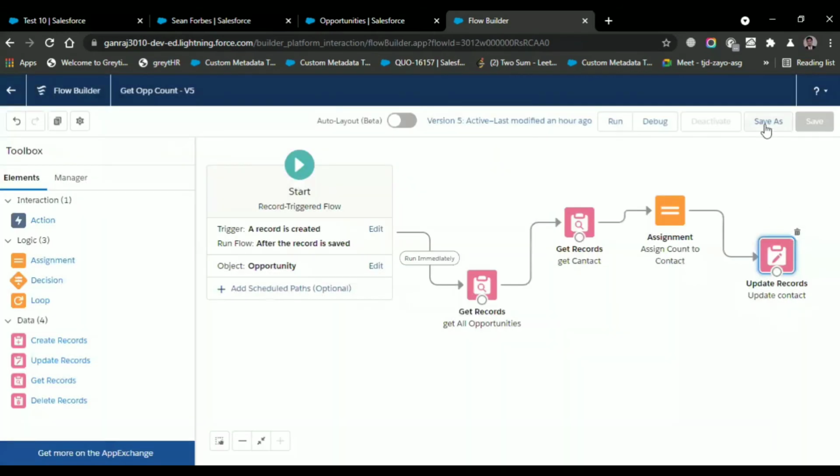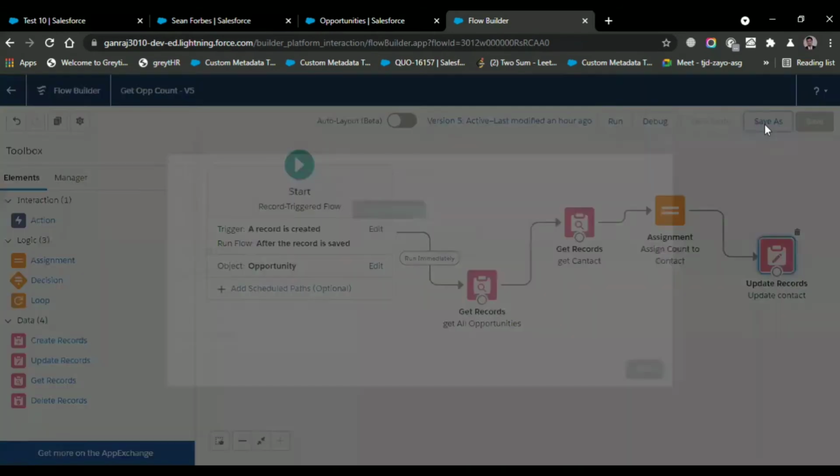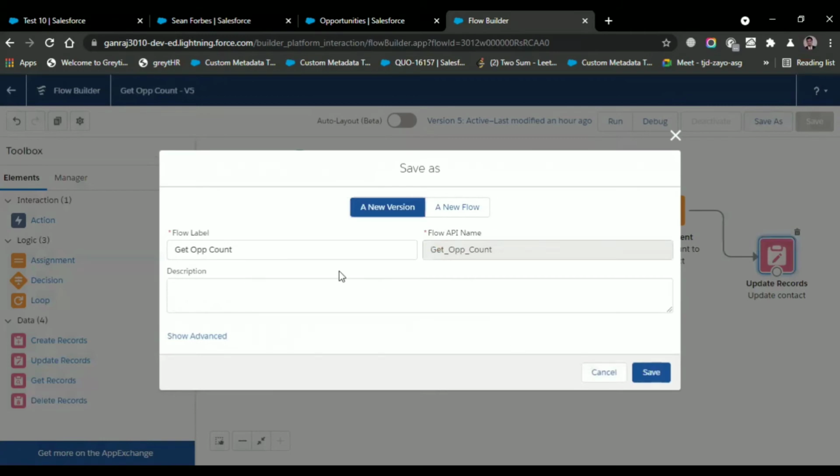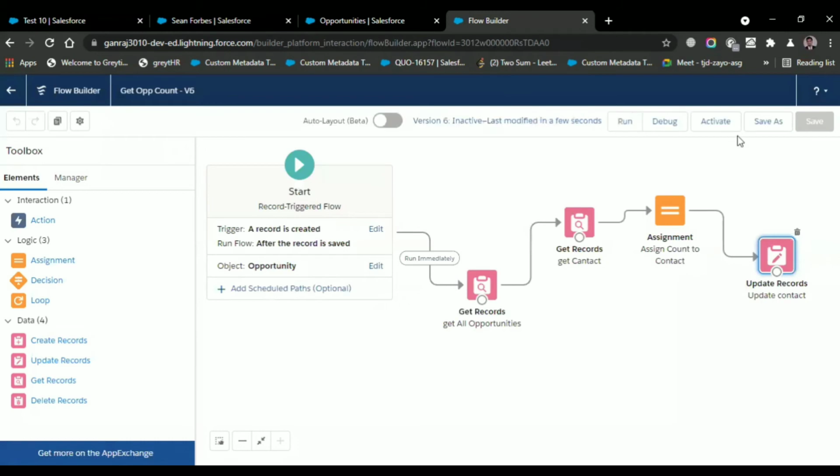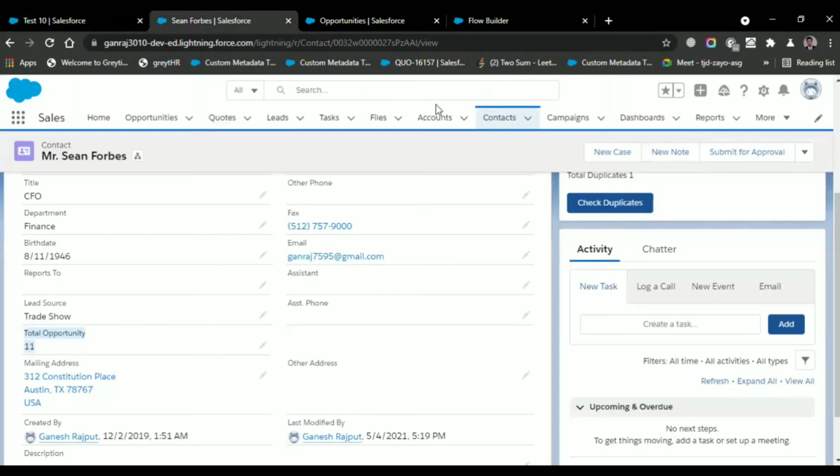After that you have to save your flow. Let's see, I will save this. So it will create a new version. Just save and click on activate. Okay, so now